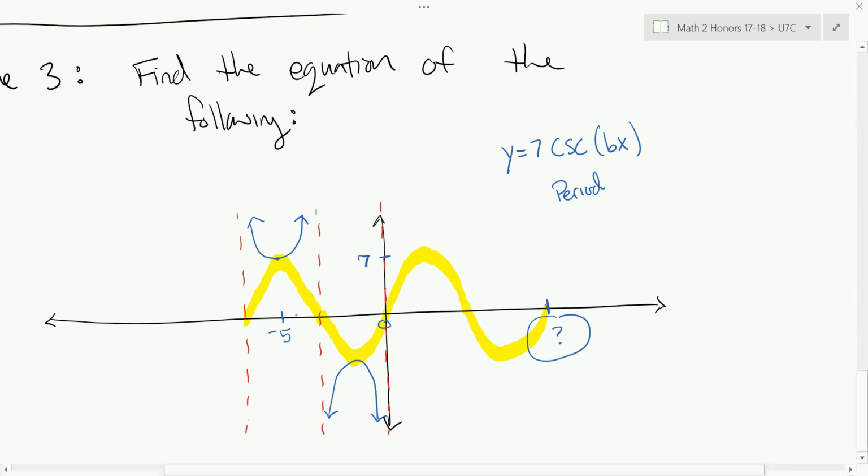Well, we're given -5 on the left-hand side. Where would +5 be? Right, this is 3 critical values to the left. So if I go 3 to the right, 1, 2, 3, that's where your +5 would be. And we can cut that into thirds. This would be 5/3. And this would be 10/3. And this would be 15/3, which is 5. So now we know our missing number is 20/3. And that's the period of our function,